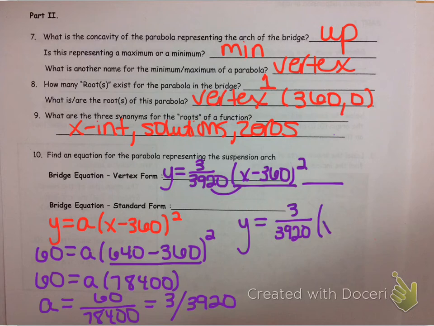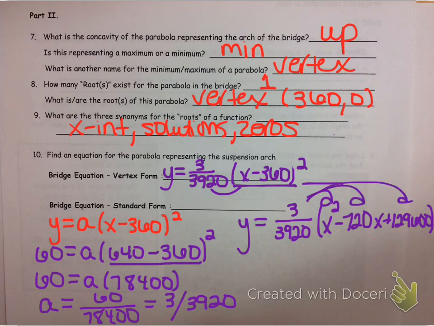When I do my foiling, I get x squared minus 720x plus 129,600. And then I distribute through, and I get y equals 3 over 3920 x squared minus. Now keep in mind that all of the numbers in this entire equation, A, B, or almost B, on the inside terms, and C on the inside terms,